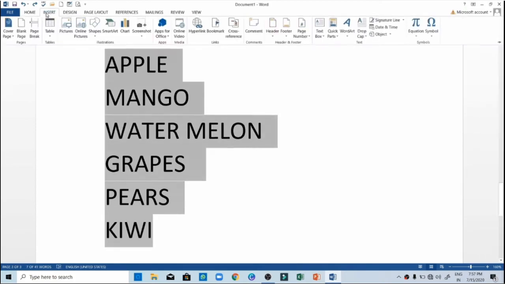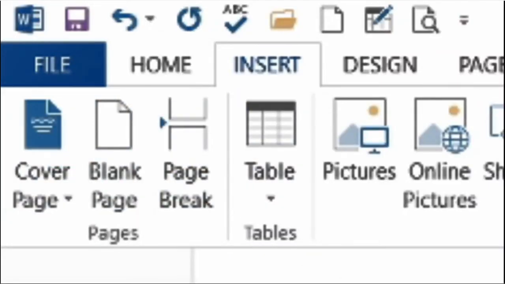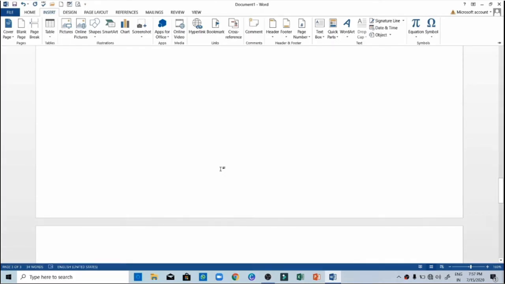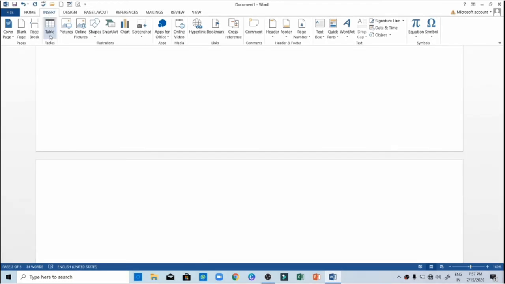Again click on insert and from the table group. Yes, one more thing here. This page break is very important. While I am doing this, every time I have to scroll down for a new page. So in that case, you can just click on the insert tab and click on page break. So again you will get a new page. Pages are separated. So this is very useful when we are doing many things together. You want to flip between the pages.